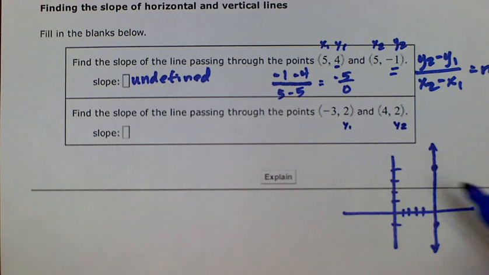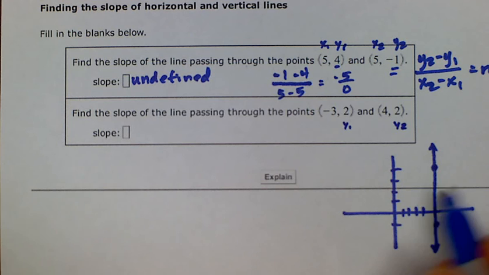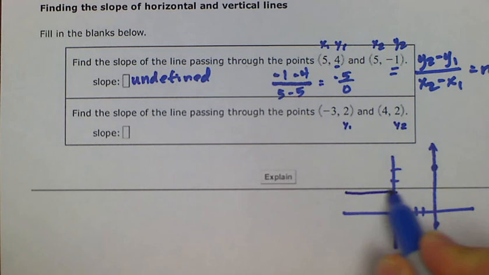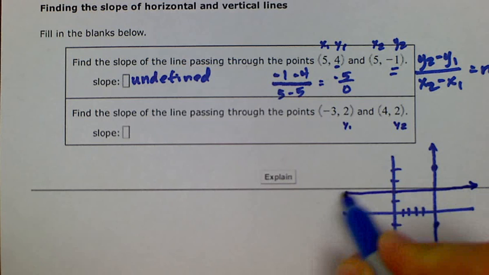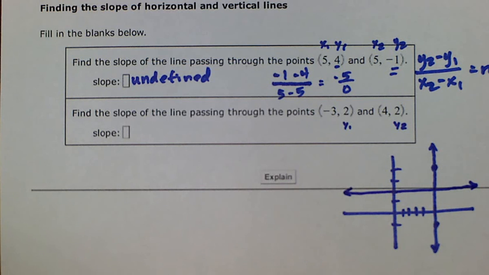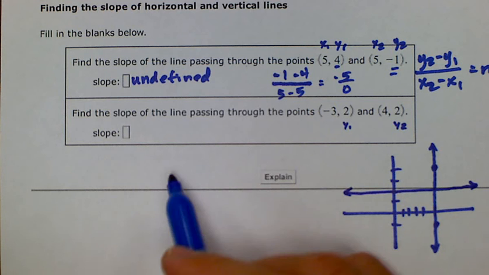So what does that tell us? Well, it tells us that they're both going to lie on this line, y equals 2, which is a horizontal line. And we know that horizontal lines have a slope of 0, which we can confirm by using this